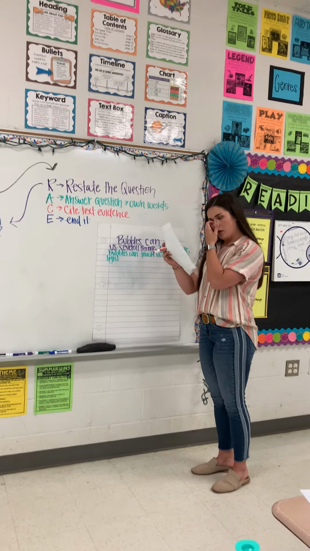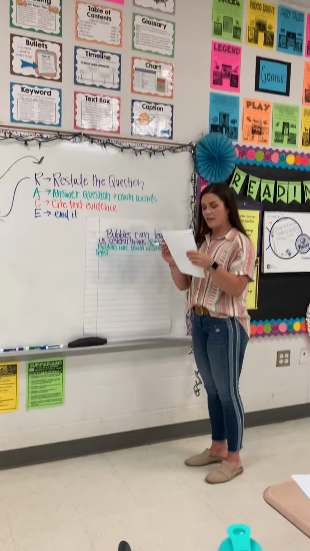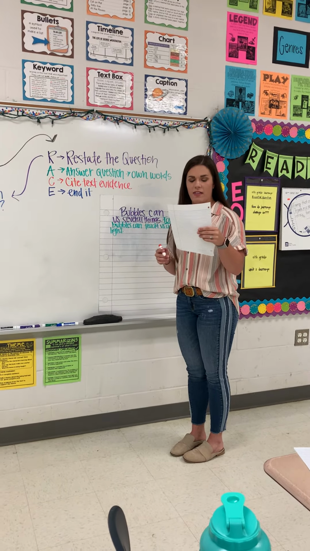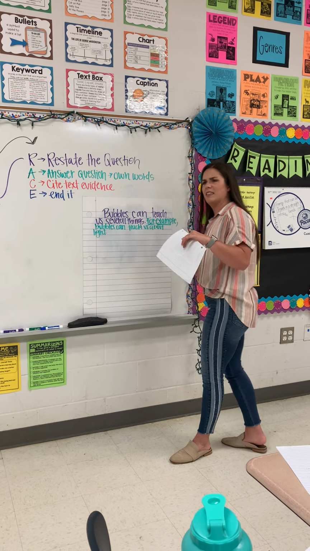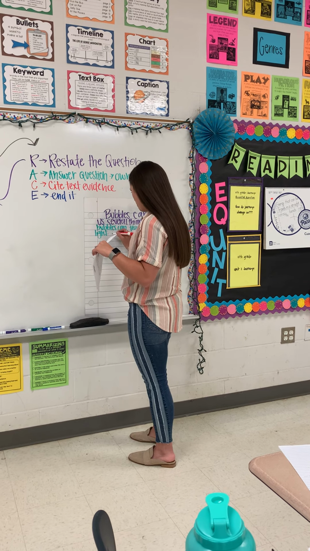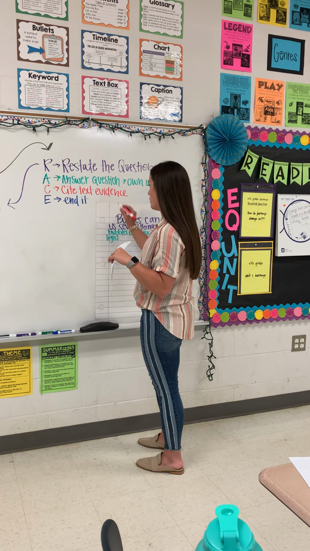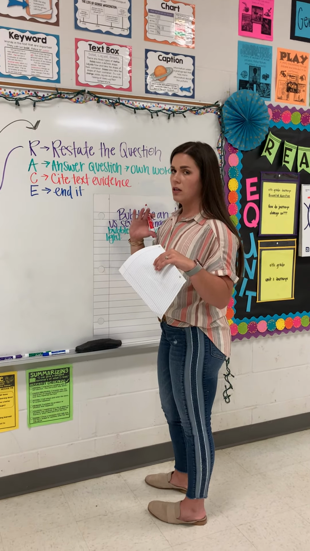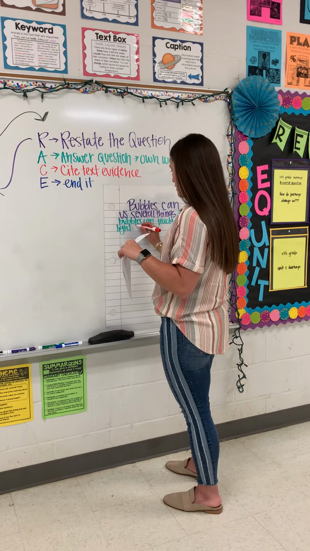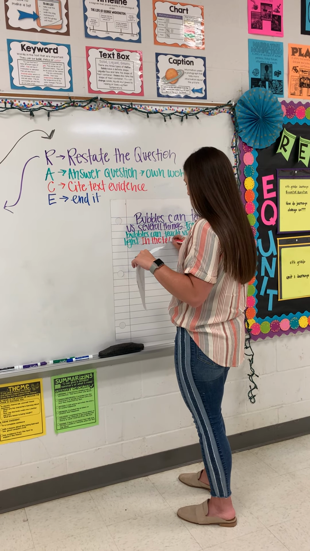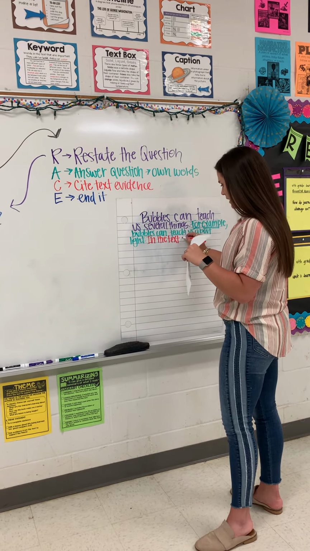I have written down that in the text it says bubbles can also teach us about light. That is the first sentence in the second or third paragraph. I'm not really sure, but let's go ahead and write that because we are citing evidence from the text to support that about teaching us about light. So let's go ahead and write that. In the text, it says,